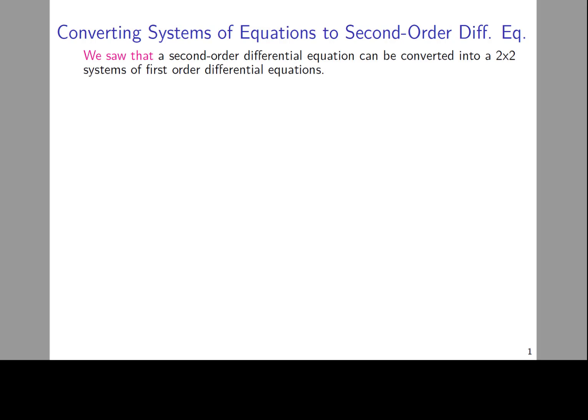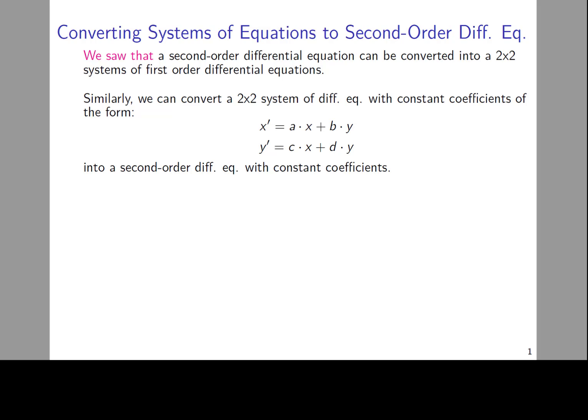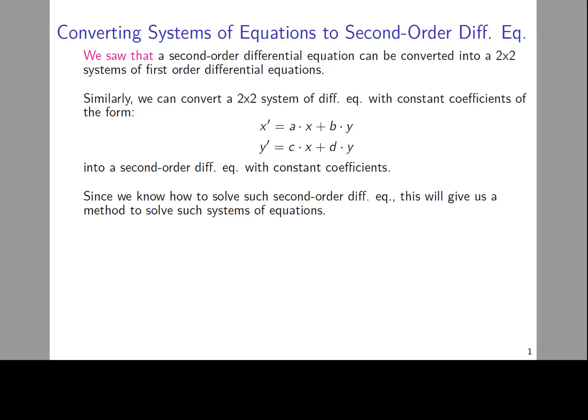We saw that a second-order differential equation can be converted into a 2x2 system of first-order differential equations. Similarly, we can convert a 2x2 system of differential equations with constant coefficients of the form x prime equals ax plus by and y prime equals cx plus dy into a second-order differential equation with constant coefficients. Since we know how to solve such second-order differential equations, this will give us a method to solve these systems